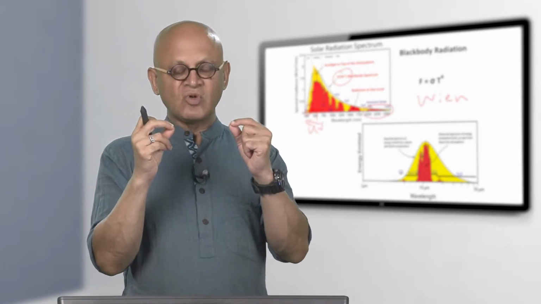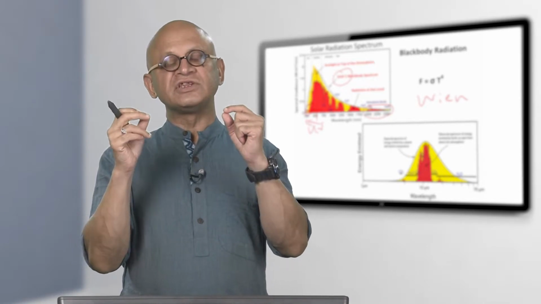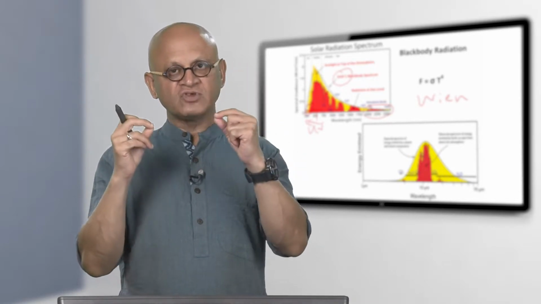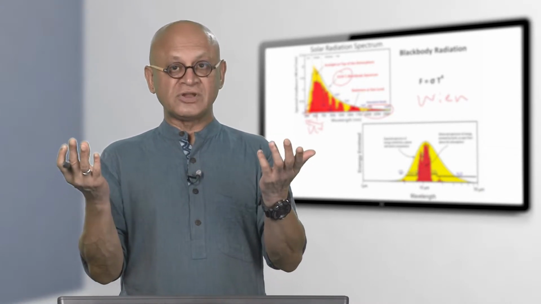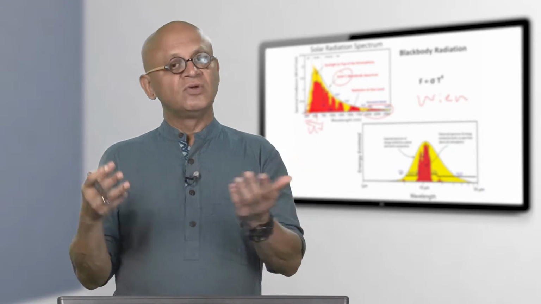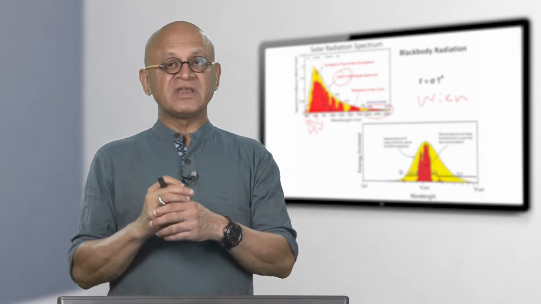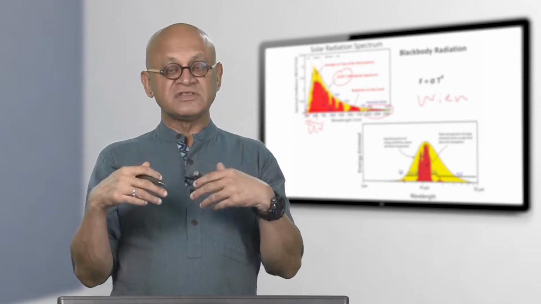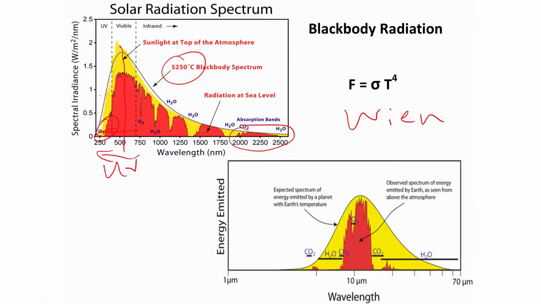Typically, symmetric molecules like O2 and N2 are not sensitive to short wave or long wave. So, they are not greenhouse gases. Good news, because there is a lot of nitrogen and oxygen. If they were greenhouse gases, we would warm up like Venus. But CO2, which is symmetric, actually has a bending mode. So, it is sensitive to long wave radiation, and this energy then 75 to 80% makes it to the surface